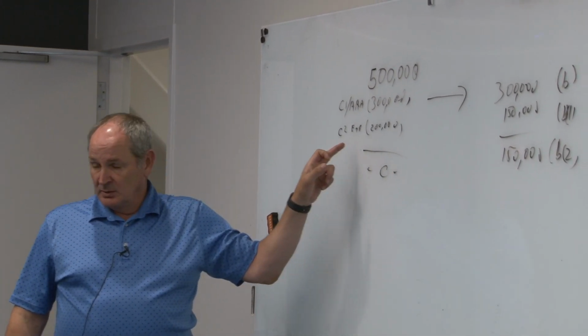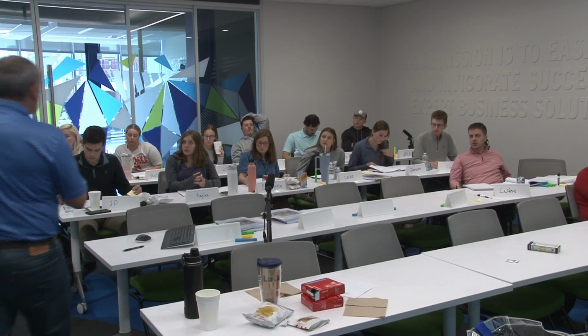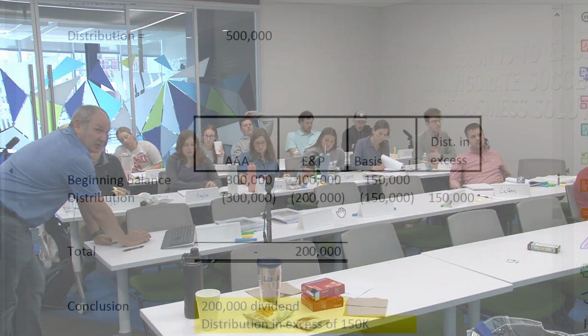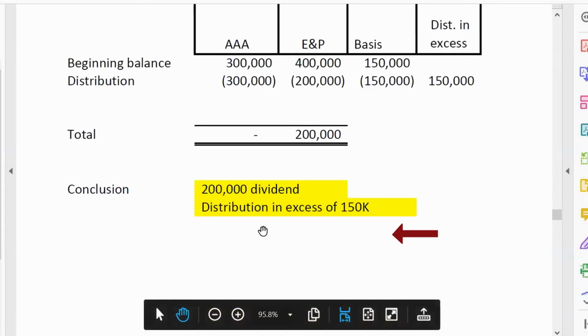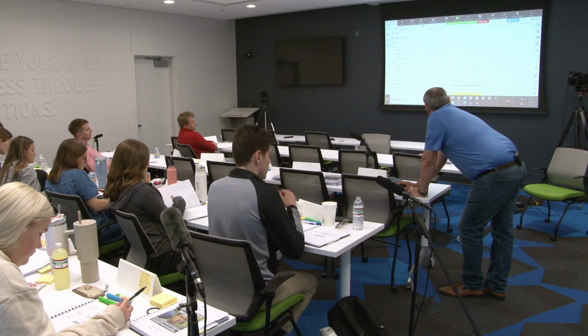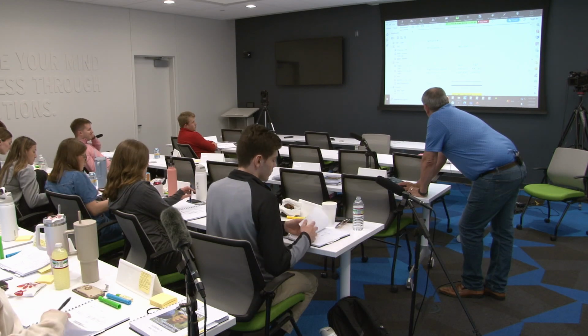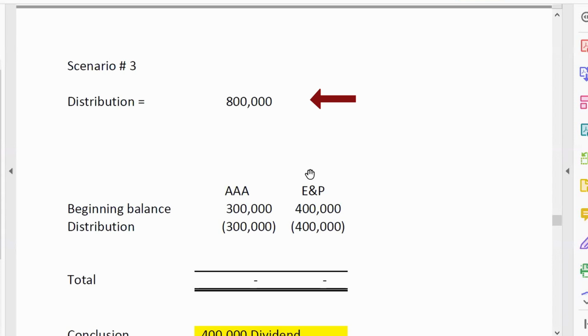Now we have C2, which is just straight up what? E&P. E&P, but how's that taxed to the shareholder? Dividend. So in this case, we have 200,000 of dividend and 150 of distribution in excess. So then we have 800,000 of distribution. So again, at the end of the level, now we have to characterize how to account for this